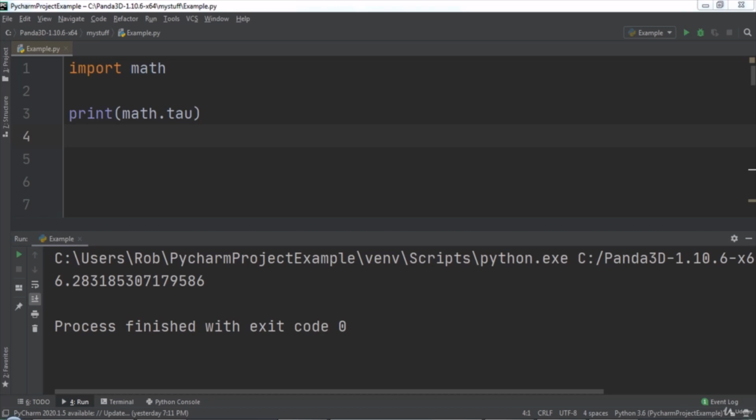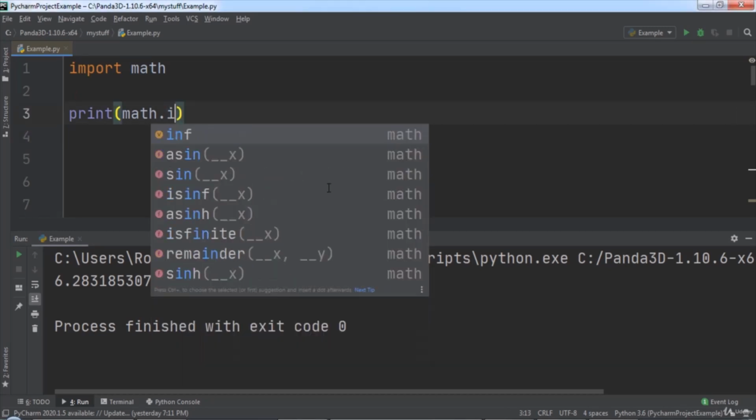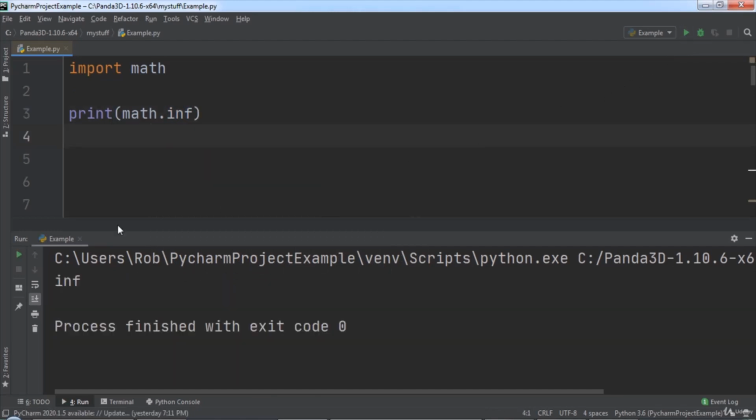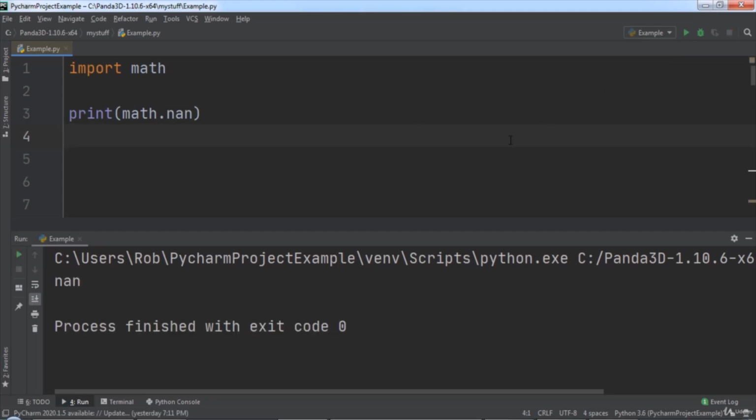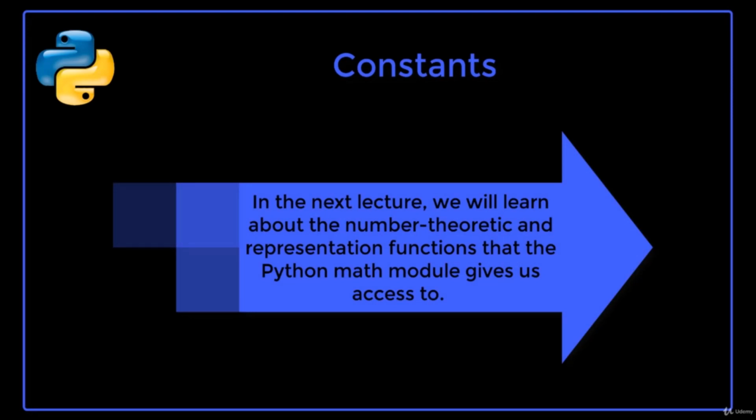The math.inf constant stands for infinity. We can print out the value of math.inf to the console. When we run the code, you will notice that inf was printed to the console. The math library's nan constant stands for not a number, and basically identifies just that, any numeric value that is undefined. For example, we can print out math.nan to the console. When we run the code, you will notice that nan was printed to the console. In the next lecture, we will learn about the number theoretic and representation functions that Python's math module gives us